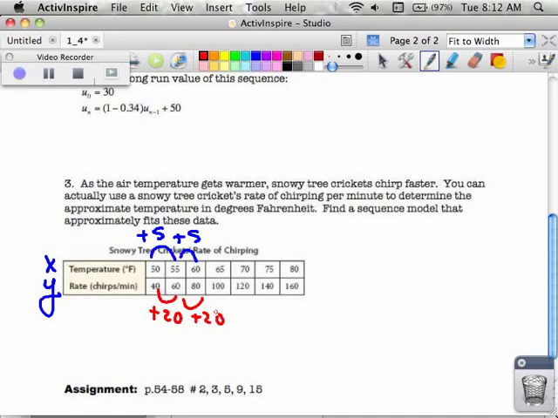So my amount that I'm going up by each time is not 20, because that's for every 5 degrees that I change. So if I want to find my actual rate, the way that I would calculate that is my rate is that I am 20 chirps for every 5 degrees Fahrenheit. And in math,